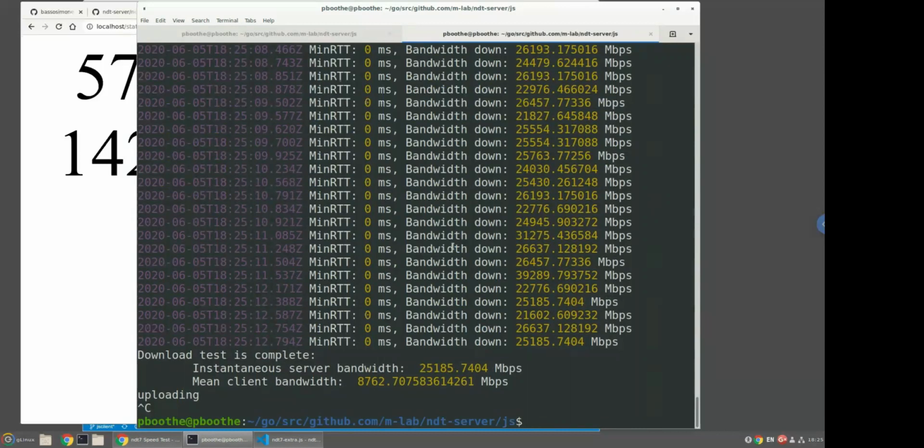So NDT works. Oh, can I blow up the screen? Jeremy, is this good enough to blow up the screen? Did I blow it up enough, or should I blow it up more? Okay, good. I just noticed. You're good. All right. Sorry, I just